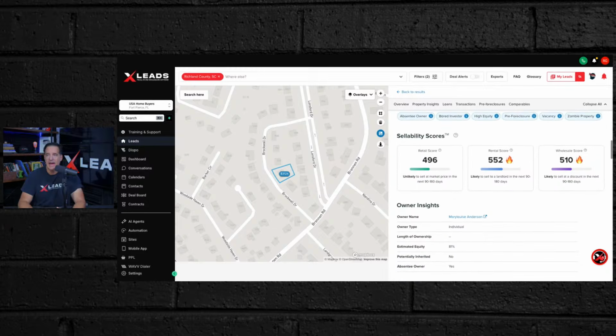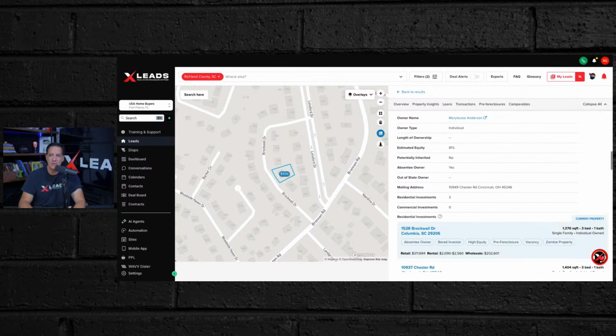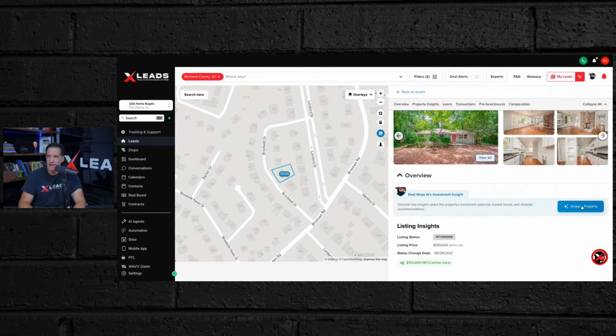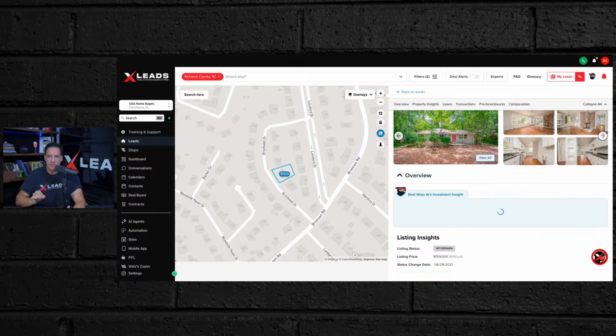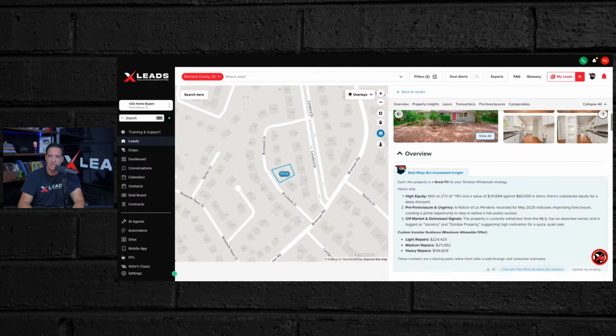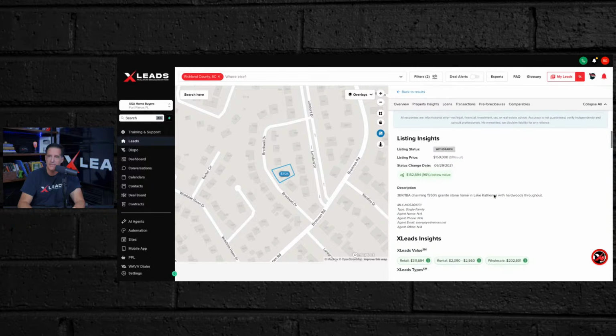And the sellability score, just so you understand, is based pretty much on the seller's financial triggers. It's a very complicated algorithm, but I'm here to tell you, if I go under this AI, I can analyze it. I don't want you to do this part where you just click every one, because curiosity is going to kill you and you're not going to be efficient. So it tells you the typical things we do there. Off market tagged as vacancy,